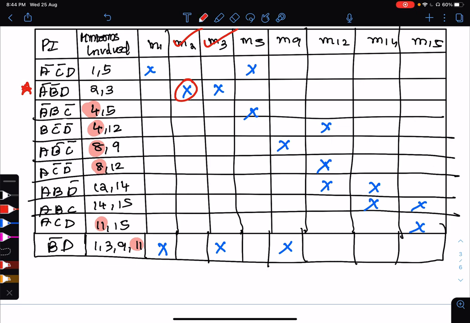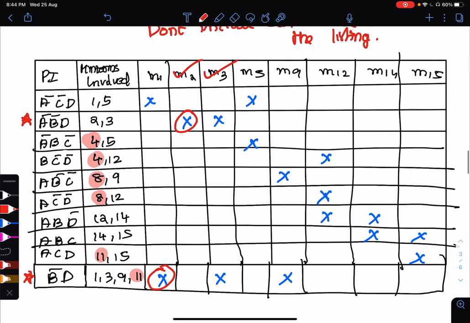So you can see here that the first prime implicant will only cover 1 and 5, but the last will cover 1, 3, 9, this much. So just take that. You can also select A dash, C dash and D, okay. General practice is this way. So this I select as a prime implicant. This prime implicant will cover M1, M3 already covered, M9 it will cover,